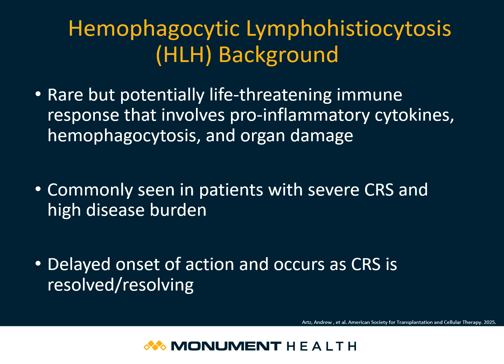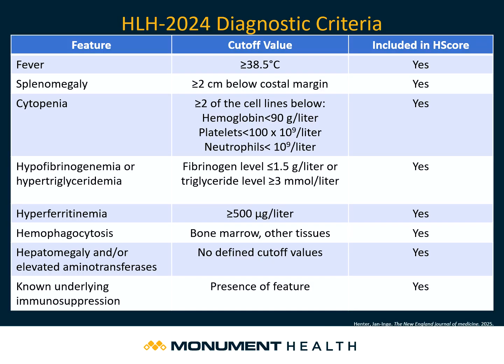In rare cases, HLH could occur, in which a life-threatening immune response that involves pro-inflammatory cytokines and hemophagocytosis can lead to end organ damage. This is commonly seen in patients that have severe CRS and high disease burden. HLH has a delayed onset of action and typically occurs as CRS is resolved or in the process of resolving. Clinicians can use this 2024 diagnostic criteria to quickly determine if a patient has a high probability of HLH that